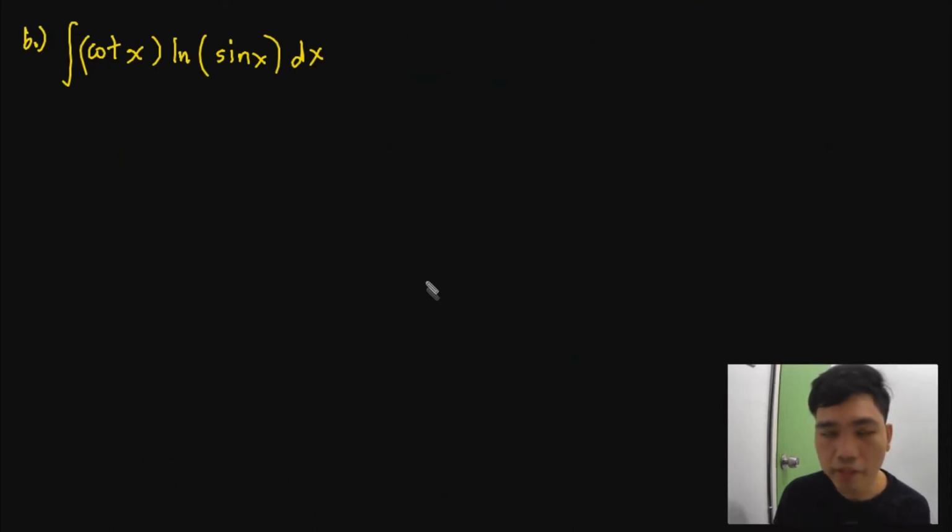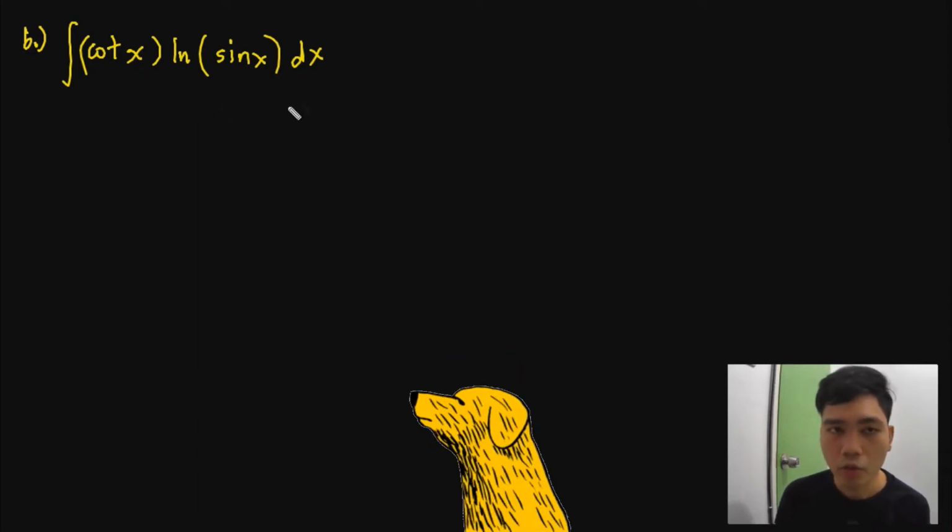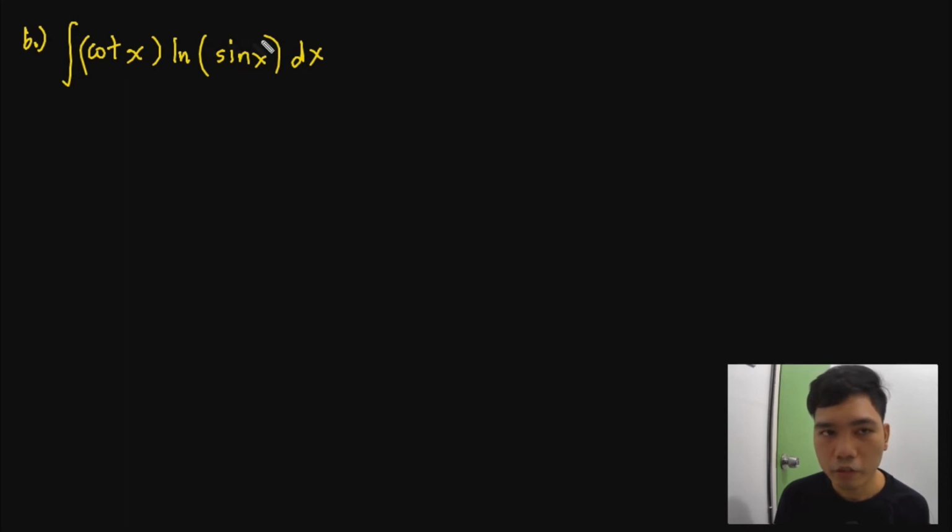Okay, so for this next item, what we have here is the integral of cotangent x multiplied by the natural logarithm of sine x dx. Okay, so can you imagine these terms being multiplied to each other? So, ang una natin dyan is finding u substitution if it is possible. Kung hindi kaya ng pattern recognition, of course, and then usually yun na yung last resort mo kung basic rules lang siya. So, in this case, diba, we can say na we can let